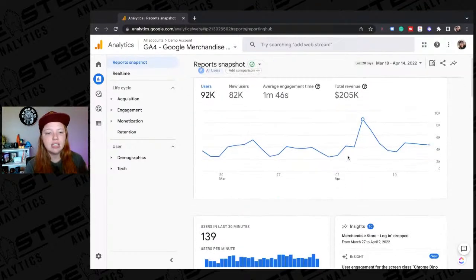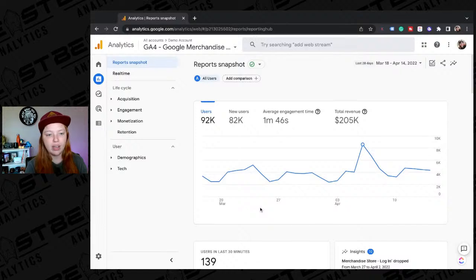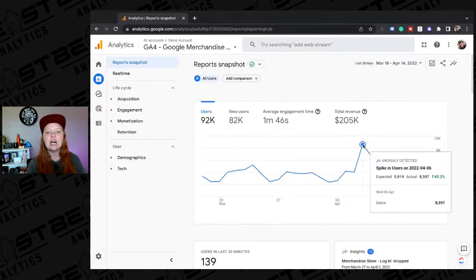So, like I said, it's a lot cuter. One of the things you're going to notice right away in this specific view is this dot on the screen here, and this is anomaly detection. So anomaly detection, you will see it throughout Google Analytics 4. Mostly, I think it's mostly on overview reports, but I could be wrong. We'll take a more look at that. But essentially, this is the first indication that Google is really trying to flex their muscles when it comes to machine learning. So they are modeling what they think your traffic and users and